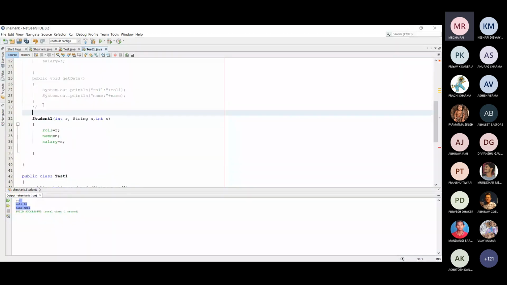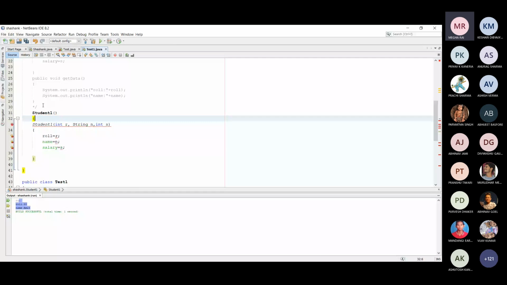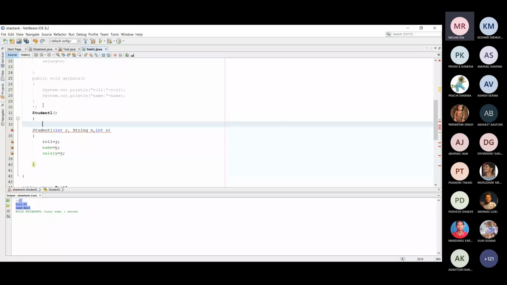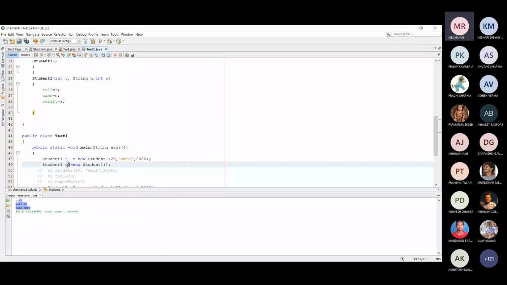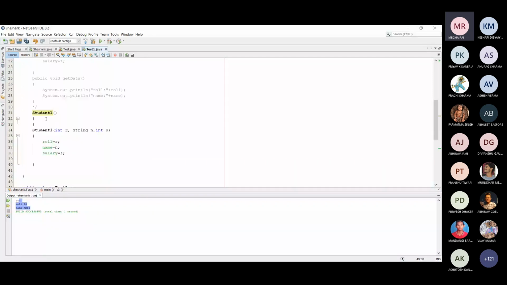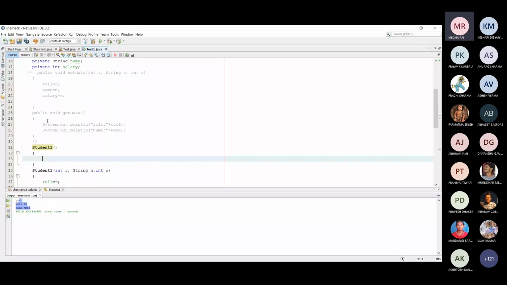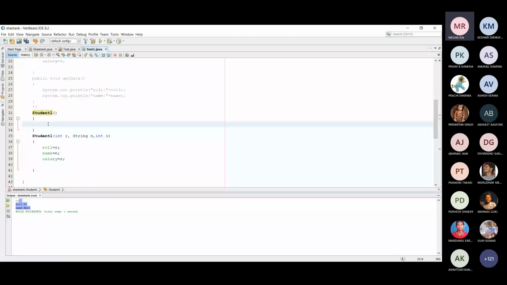We can write a no argument constructor in order to support this. If I write student 1 like this, then basically an object is created. Okay, but here when you write this, you can give any statement in this particular constructor.